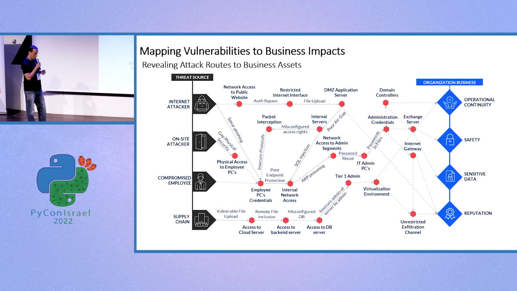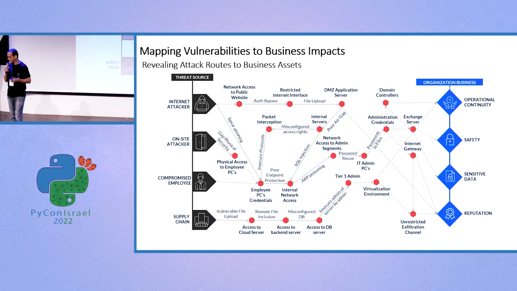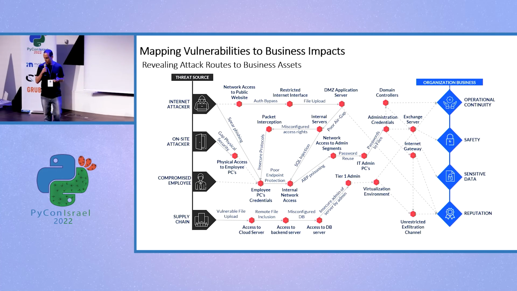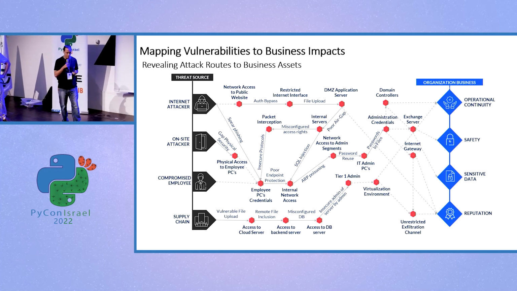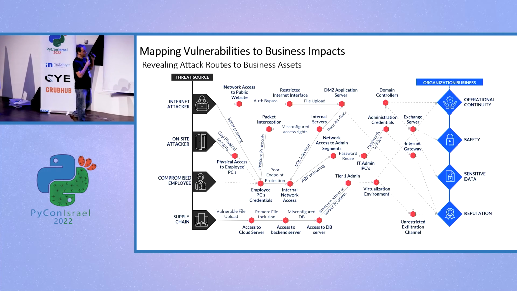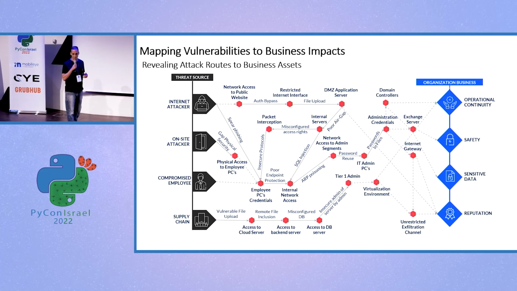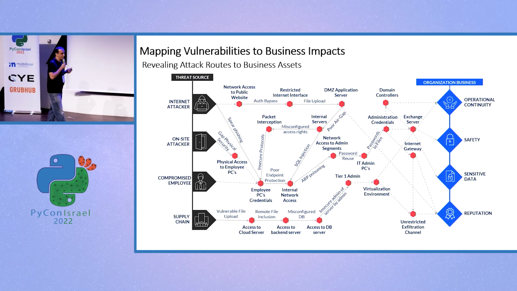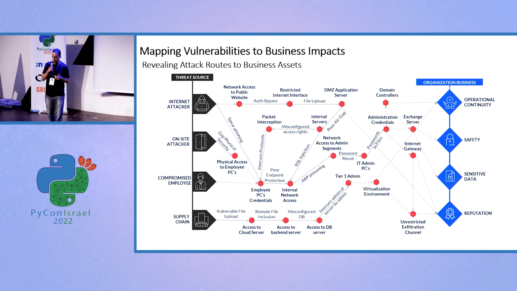So me and Eyal showed you a list of vulnerabilities that we find in our everyday work. SQL injection, cross-site scripting, we find it from time to time. But what we do at SAI is to put it on a graph and to show the real impact, the business impact that these vulnerabilities pose. Instead of just saying you have a CVE in there, outdated library here, or a cross-site script in there, we